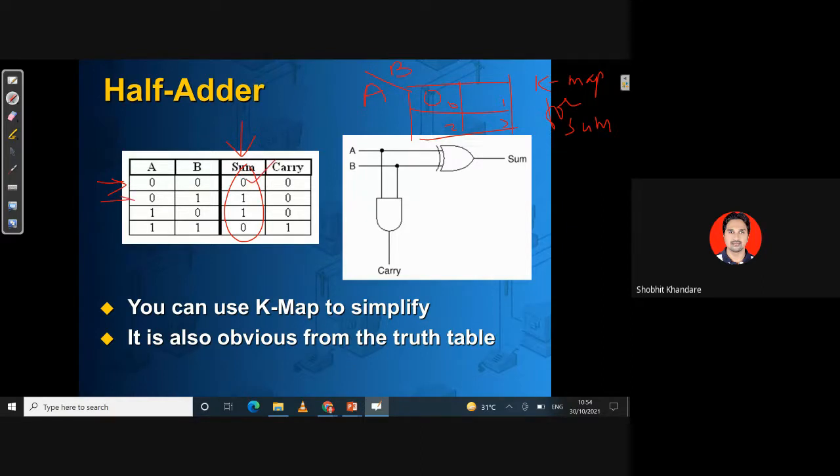On the first cell put 1. On the second cell put 1. And for the third cell put 0. So this is the case. Sorry, this is a K-map of 2 variables A and B, and this K-map will be giving you the equation for sum, because I have used the column of sum.